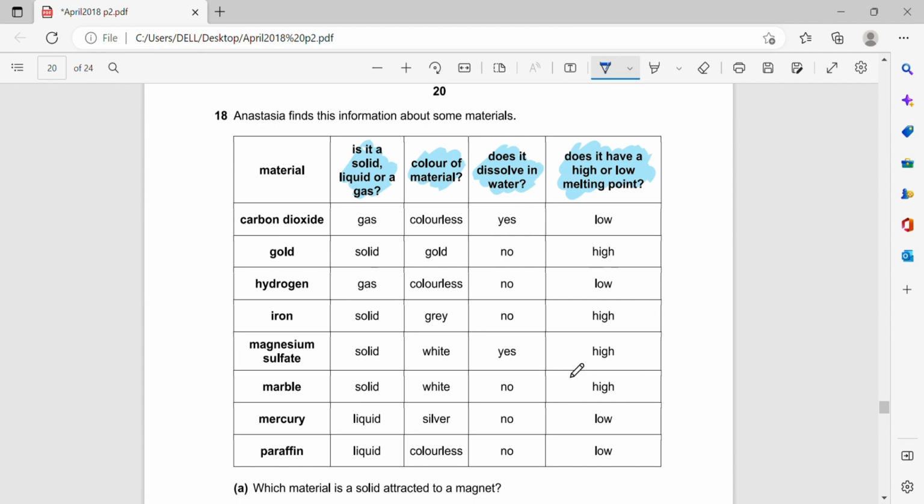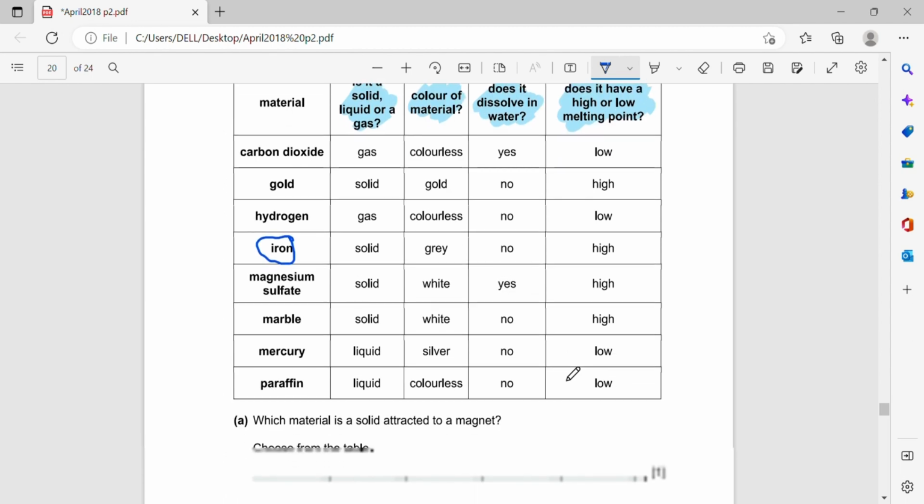طيب which material is a solid attracted to a magnet؟ نبص على attraction للmagnet. مين is attracted to a magnet؟ Attracted to a magnet, it should be what? It should be a metal. مين هنا metal من materials given? check. مين great. مين هنا metal iron. يبقى الأنسر is the iron عشان هو metal. طيب